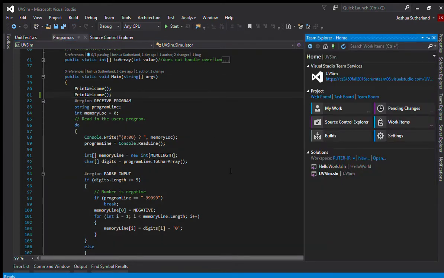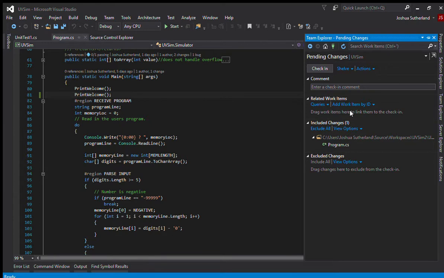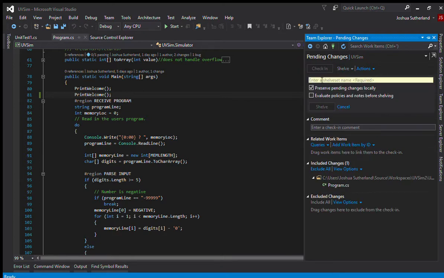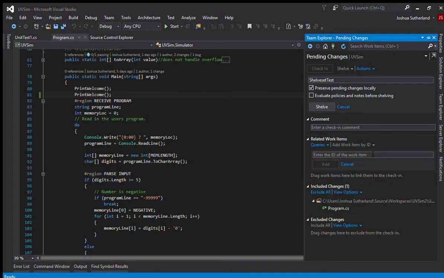Now if we come in here and in changes, if I don't want to commit that because maybe I'm just playing around with stuff, I'm trying a few different things like I was saying about shelf sets, I can come over here and I can create a shelf set, I can give it a name, and that will save that work. So let's just go ahead and let's call that shelf set test,